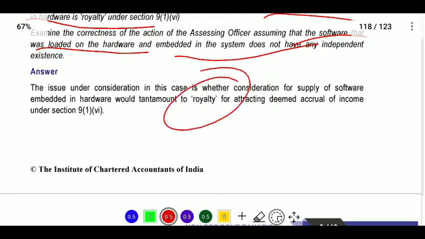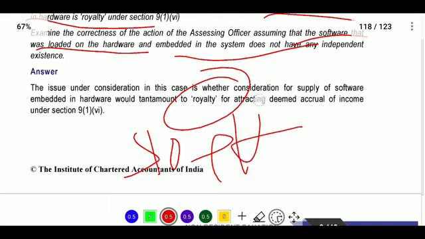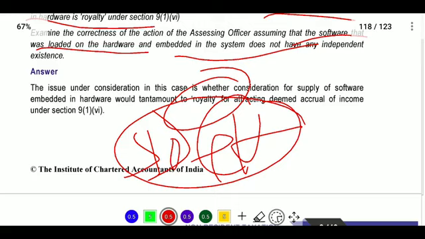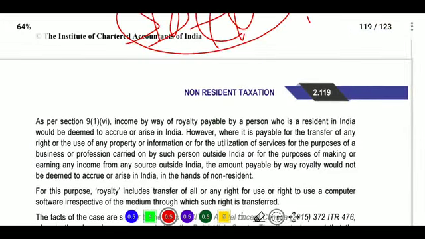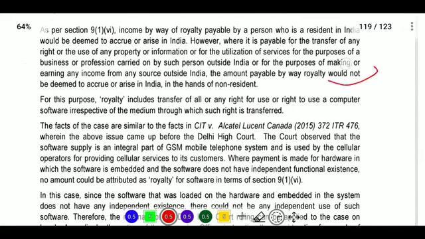So for royalty to be deemed accrual, where software is embedded with hardware, for this consideration it is not a royalty. Only the service will be treated as royalty income. So we will see the royalty condition. Royalty paid by a person who is a resident in India would be deemed to accrue or arise in India. However, where it is payable for the transfer of any right or the use of any property or information or utilization of service for the purpose of business or profession carried on by such person outside India for the purpose of making or earning any income from any source outside India, the amount payable by way of royalty would not